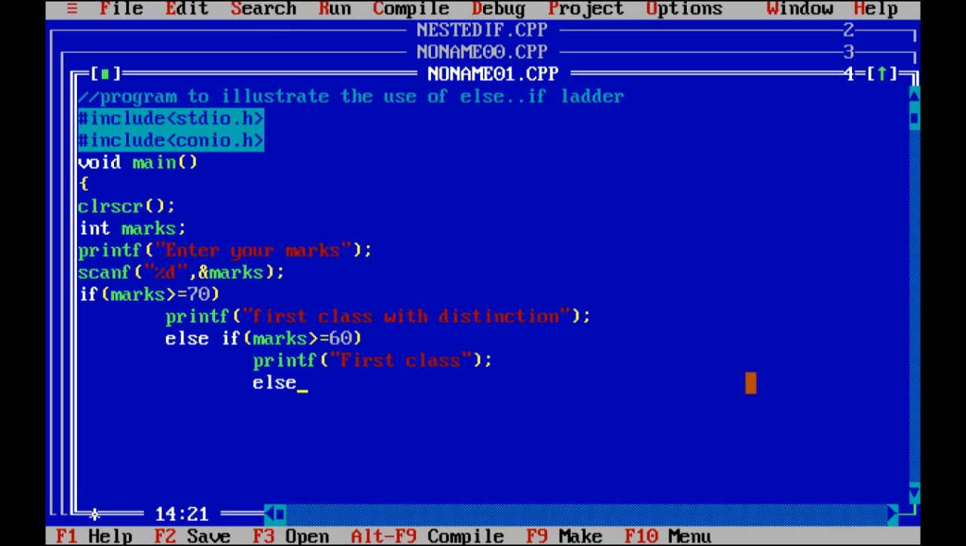Fine. Now the third condition: if the marks are greater than or equal to 50, then second class. Greater than or equal to 50 means what? That it is less than 60, that is 50 to 60. Else if,